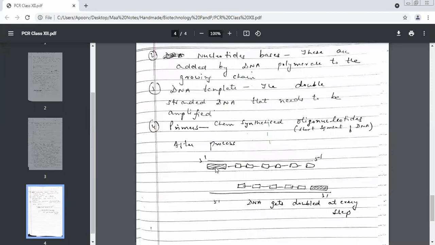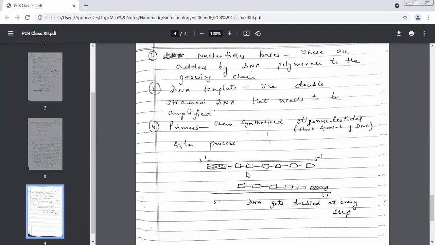See this. This was your original strand. Everybody is okay with this? This is your primer. I have shaded the primer so that you can differentiate between the primer and the new bases which are being added. What is this? Primer. And this is also? Primer. This primer will motivate more bases to come and attach to itself. If you can see, these are being added up. And which enzyme is going to help in this? DNA polymerase. Good. So more nucleotide bases will be added by DNA polymerase.